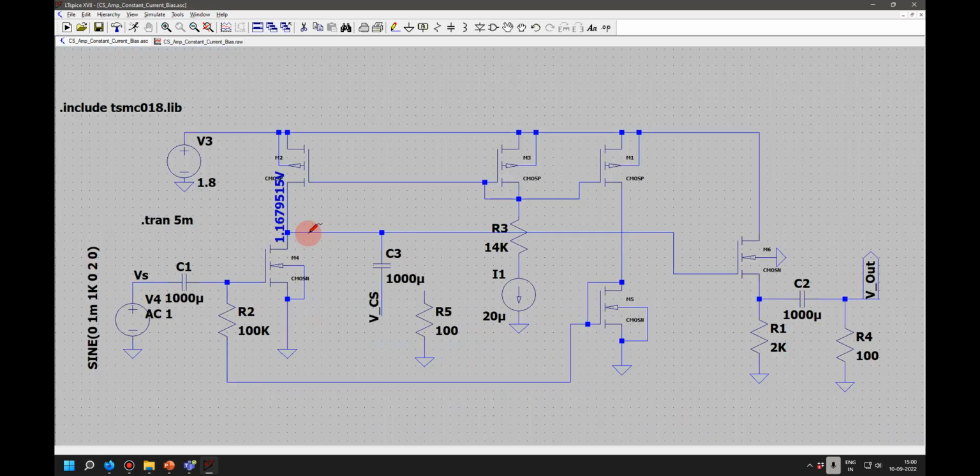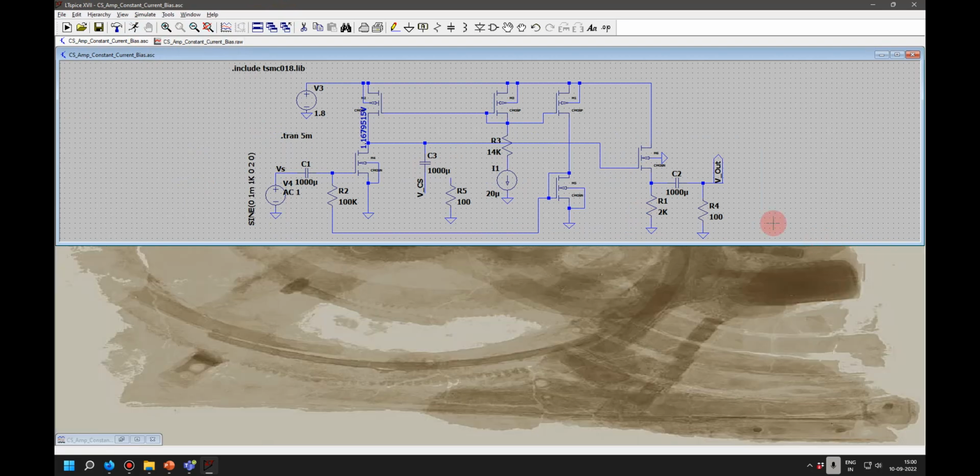So how do I increase it further? By changing again the W/L ratios of these two transistors. If I do that, I get the desired DC operating voltage here, and that is sufficient to drive this particular transistor. Now in this circuit the load is only 100 ohms. So in spite of connecting a low load out here, if I take the voltage output, I get a good